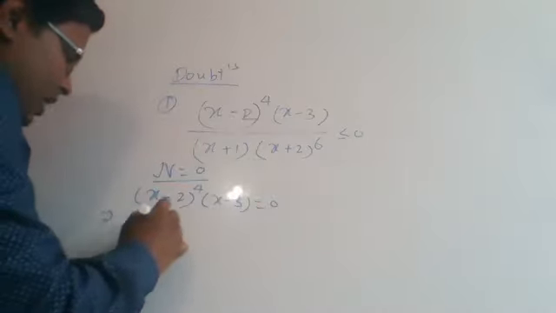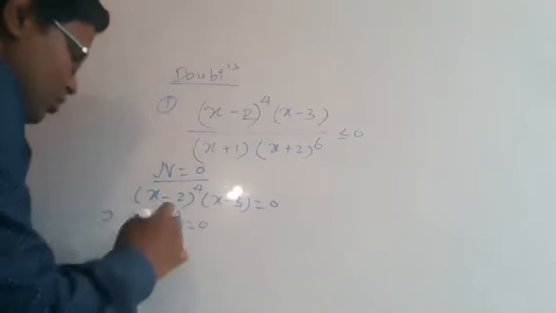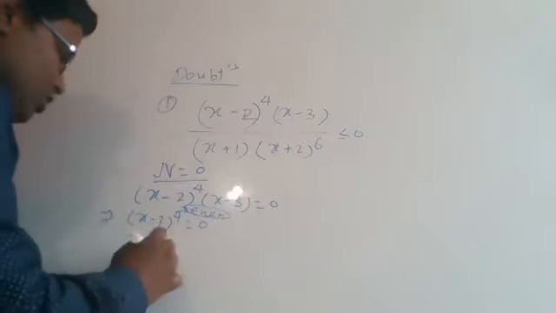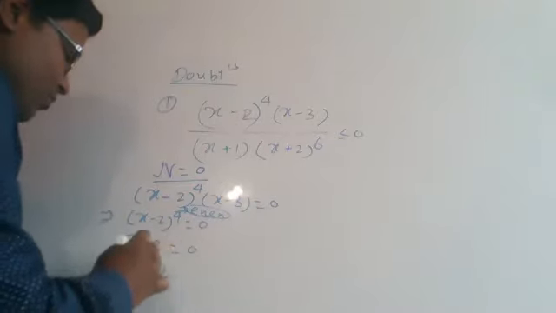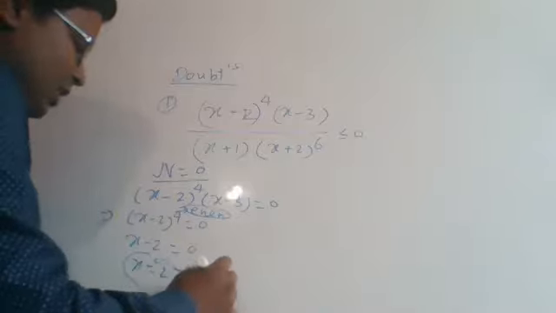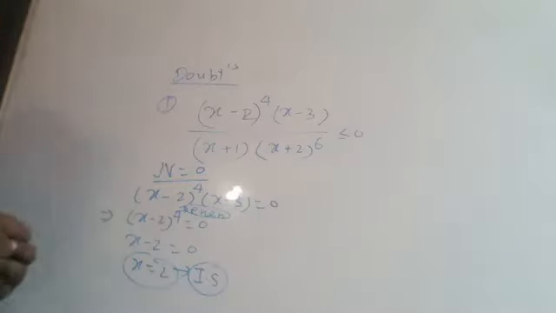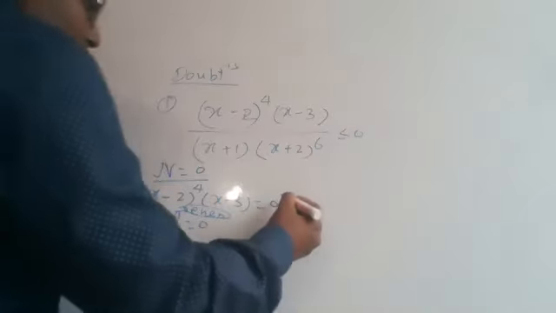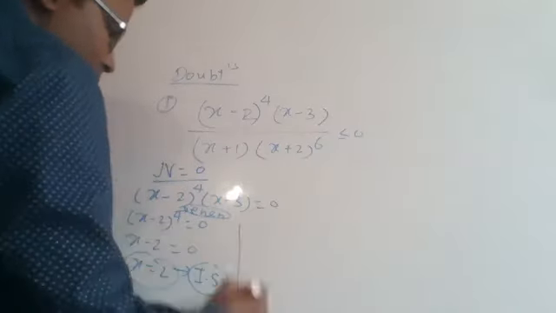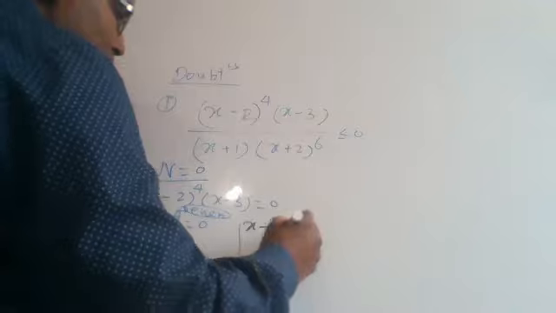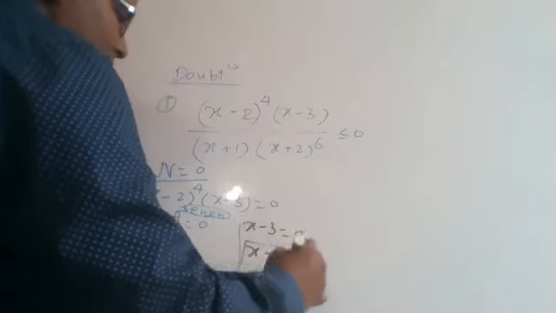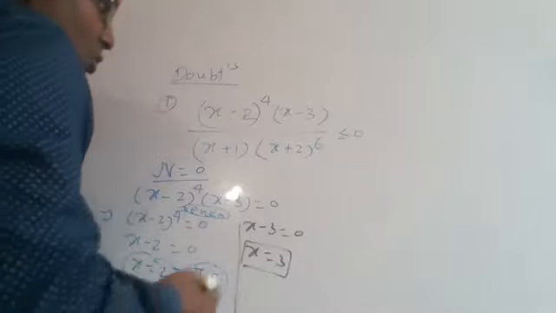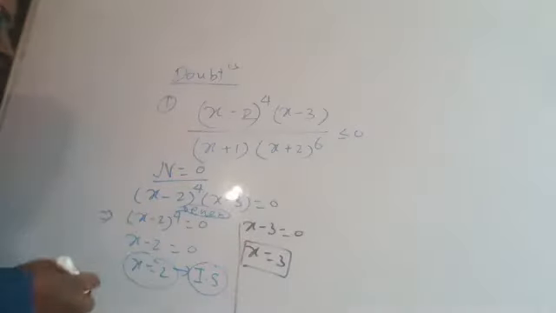We get (x minus 2) power 4 is equal to 0. Now this power is what? Even. So the solution obtained from this will be an isolated solution. You have to write isolated solution, to avoid the mistake. This is an isolated solution. And after that, what do we have to write? x minus 3 is equal to 0, x equals 3. Here the factor has an odd power, so this is the simple solution, meaning a normal solution. So this is the solution obtained from the numerator.